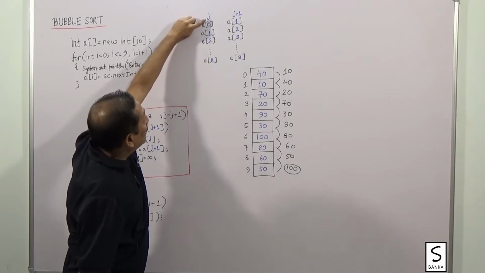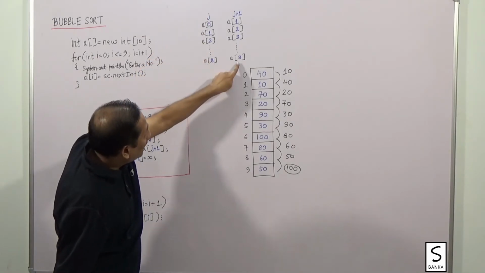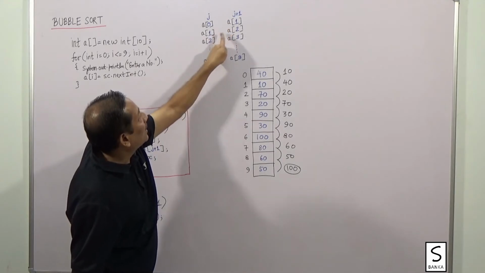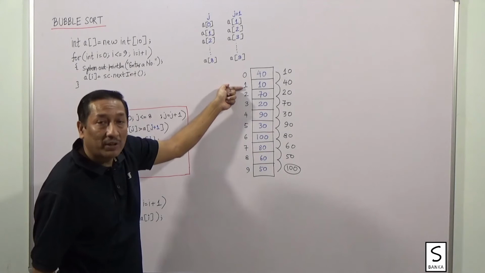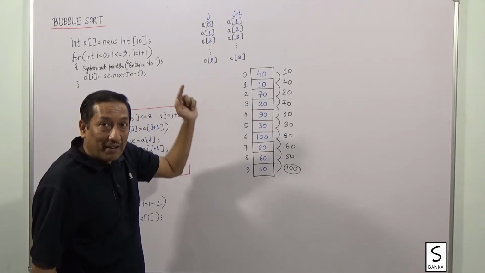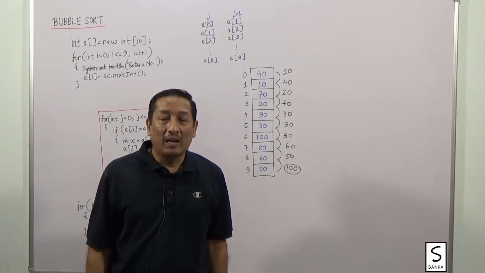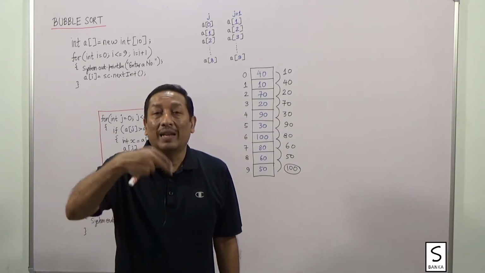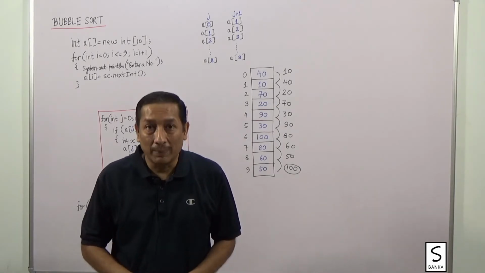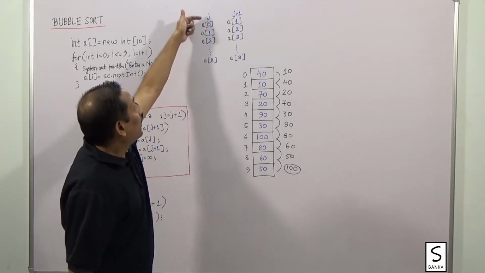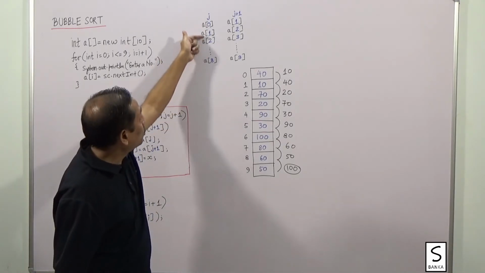So if we name this number J, the corresponding next number you will see is J plus 1. If this location is J, obviously the next location will be J plus 1. So every time, in terms of location, we were comparing a variable AJ with the next location, that is AJ plus 1. And in this process, the value of J was from 0 to 8, as you can see here, 0 to 8.